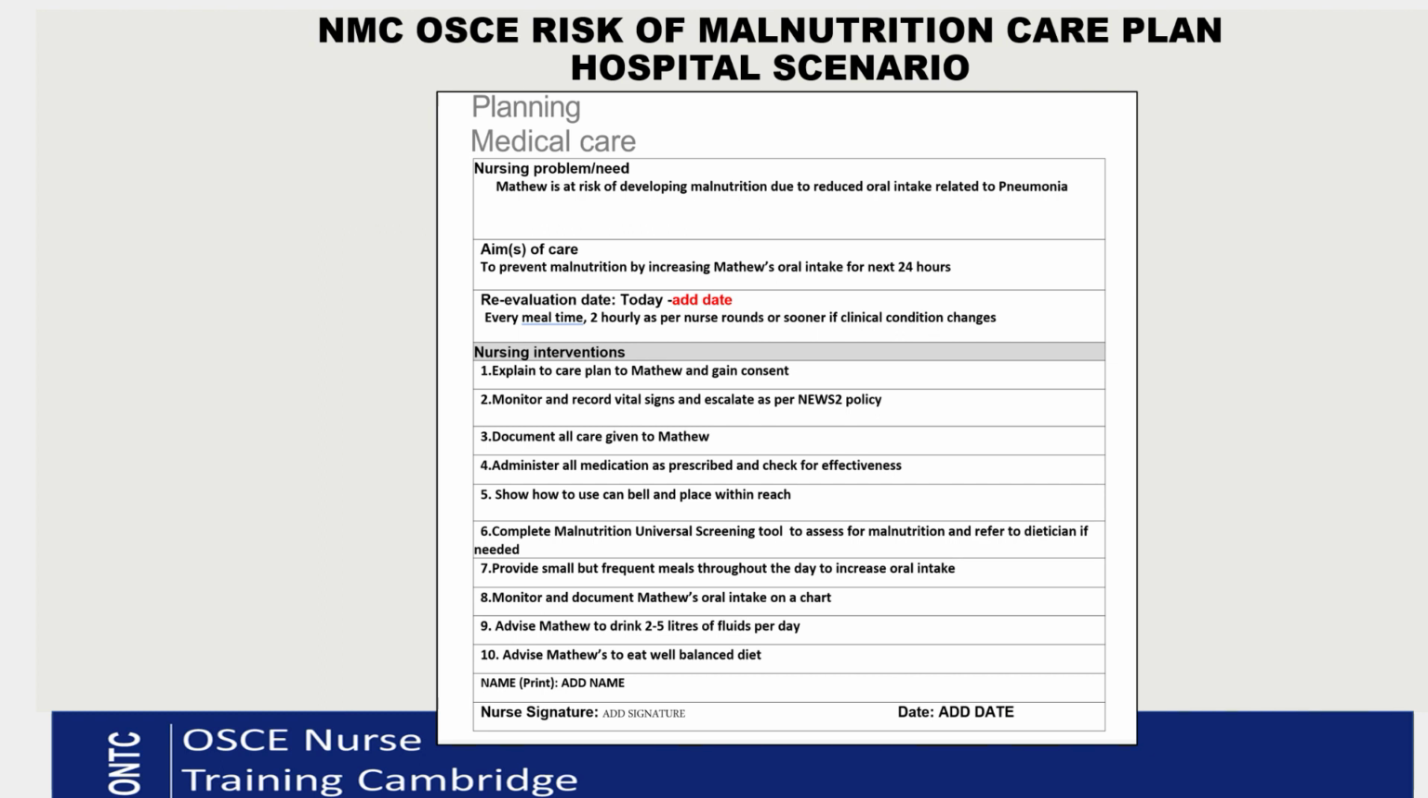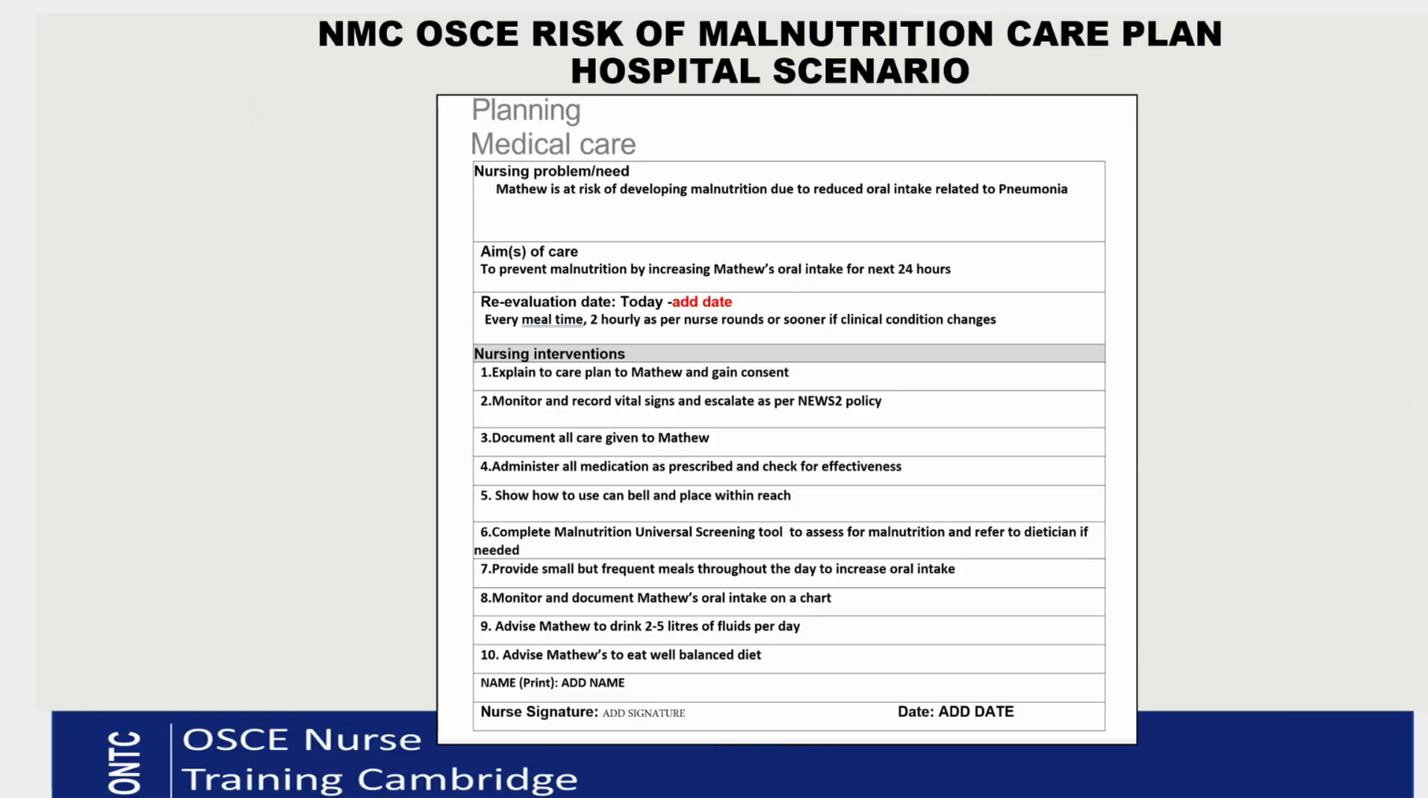And then, if we need to, we will refer Matthew to a dietitian. So the point is: complete a Malnutrition Universal Screening Tool to assess for malnutrition, review it weekly, and refer him to a dietitian if needed. Okay, so if our Malnutrition Universal Screening Tool shows us that he's at increased risk, then we can refer him